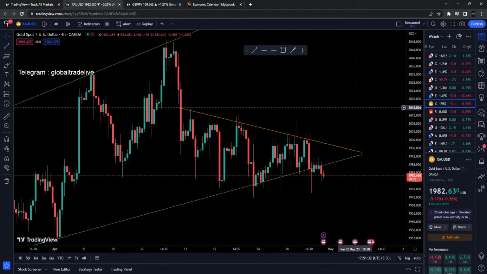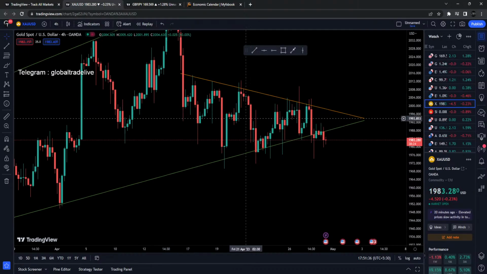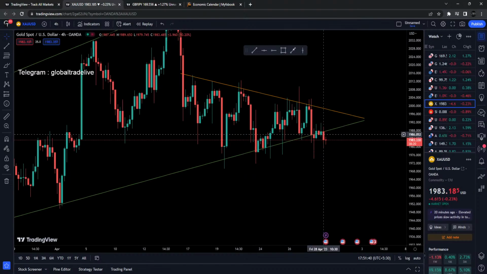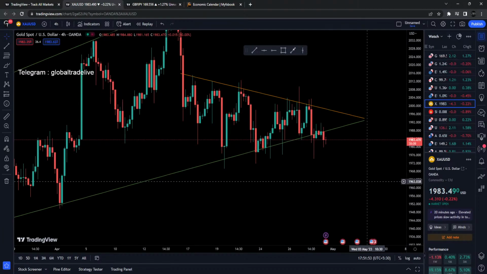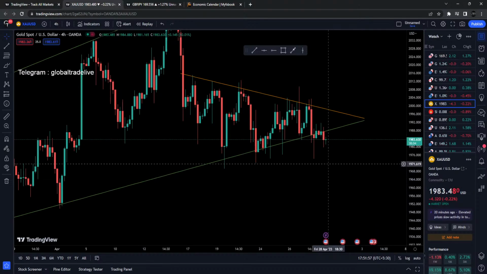If we look at the market in the 4-hour, we can clearly see that the market was moving beautifully inside these two channels, and the previous candle finally broke strongly out of the channel. The current 4-hour candle has wicked up and wicked down as well. There are 40 minutes left for the current candle to close, and in those 40 minutes the market can possibly move down or possibly move up.